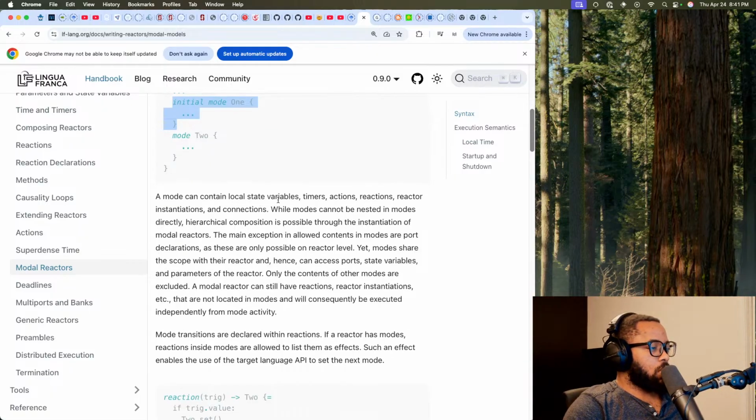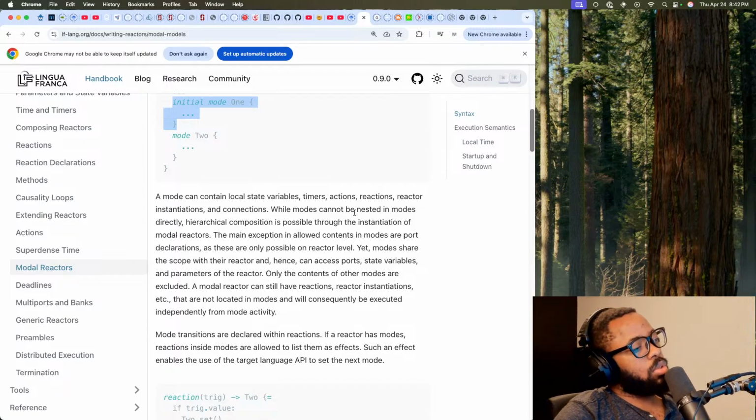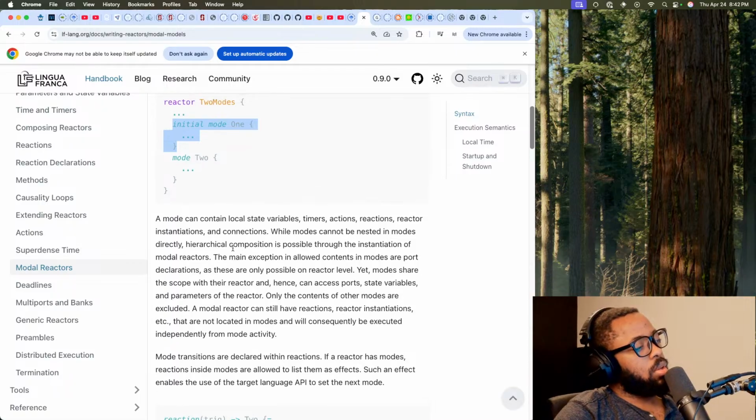A mode can contain local state variables, timers, actions, reactions, reactor instantiations, and connections. While modes cannot be nested in modes directly, hierarchical composition is possible through the instantiation of modal reactors.